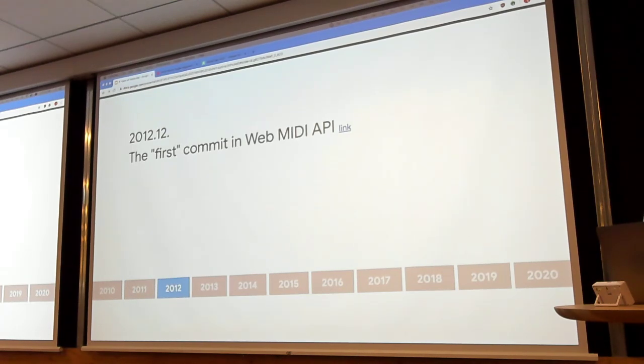I'm not sure when we set the Blink launch process in place, but this is how a normal feature launch should look. You have to talk about the spec discussion, then we send out this intent to implement, then we ship the feature later. Yeah, but this almost happened during the Blink fork. Yeah, I remember that. Yeah, it was interesting.